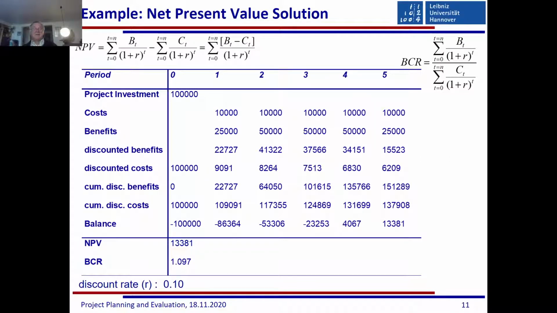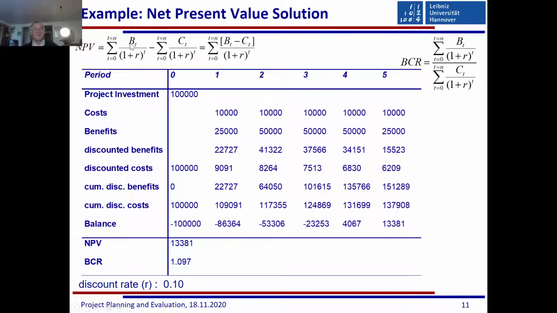This is my example, and it says here net present value solution. And you see here these horrible formulas on top. So the NPV formula, again, this is simply saying